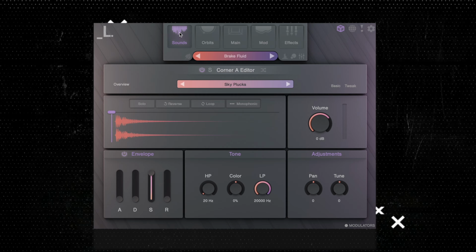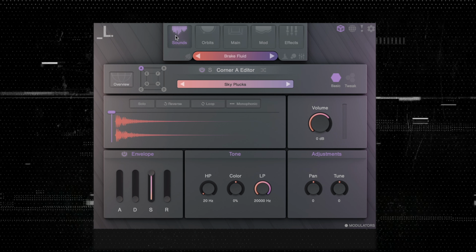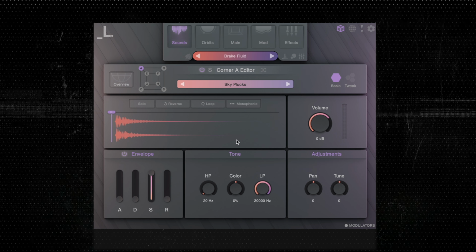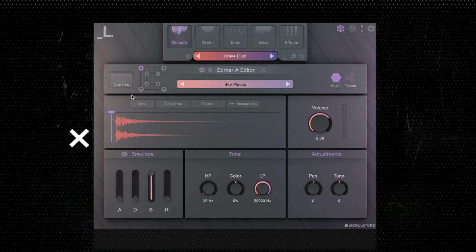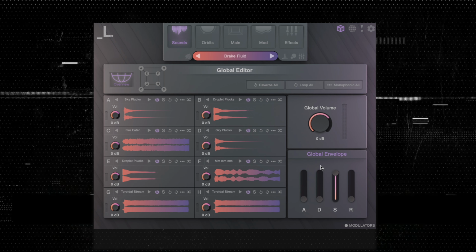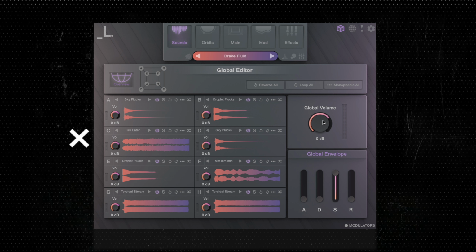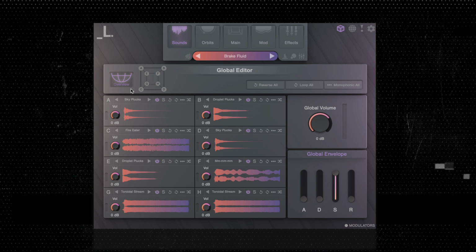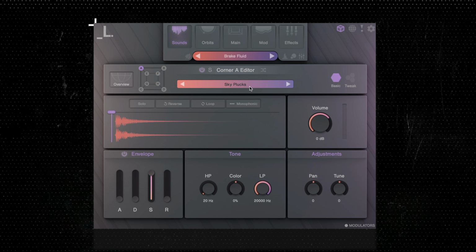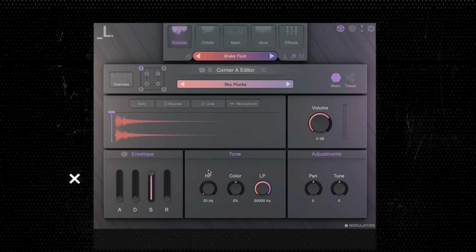So like I said, the Cube has 8 sections, which is 8 corners, which is 8 samples, and the sounds are here in the top left hand corner. There is a global control which will control everything, so you can change the ADSR of all of the sounds collectively as well as the volume, or you can dive into each individual one separately and manipulate that sound separately,